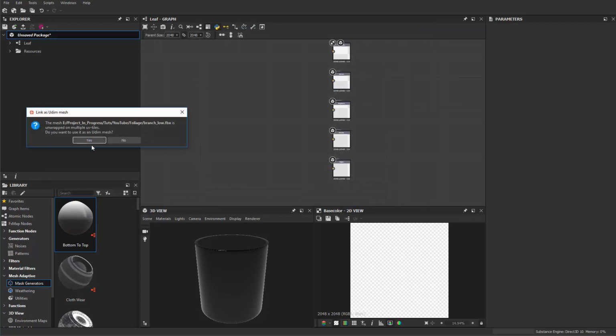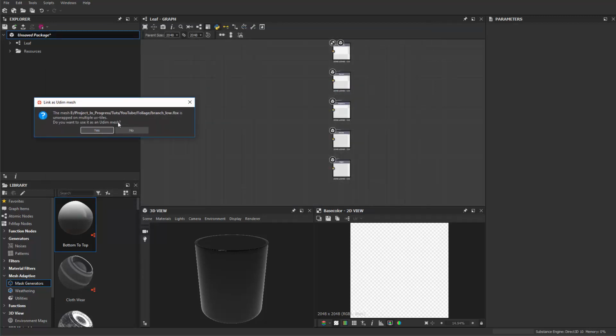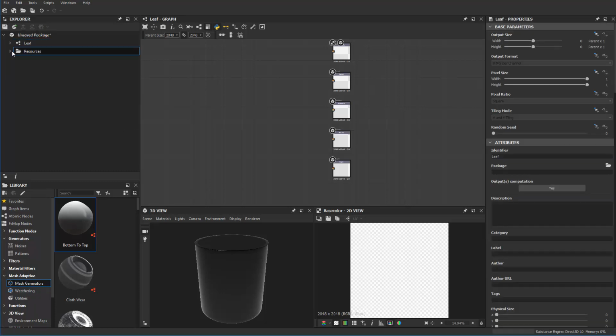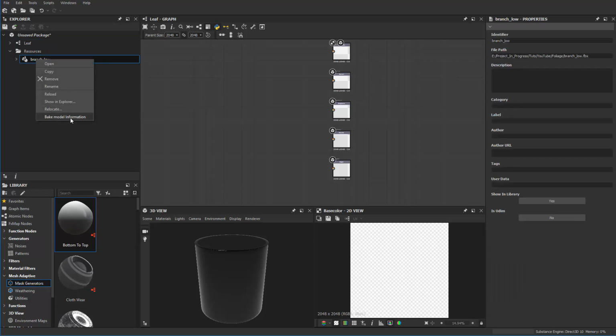And that's basically a plan, and it's gonna ask you for UVs. I think that's because our plane had the edge exactly on the edge of the UV. It should be fine now, so let's hit no. Okay, and then we right click on this, open the resource, right click on our model and bake model